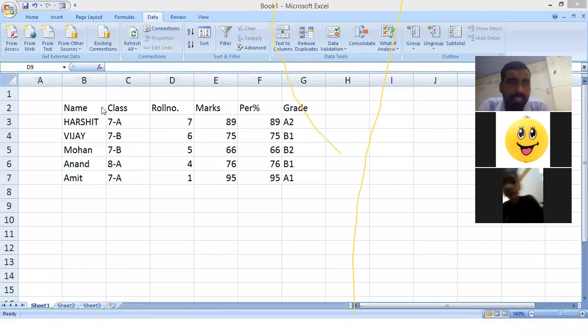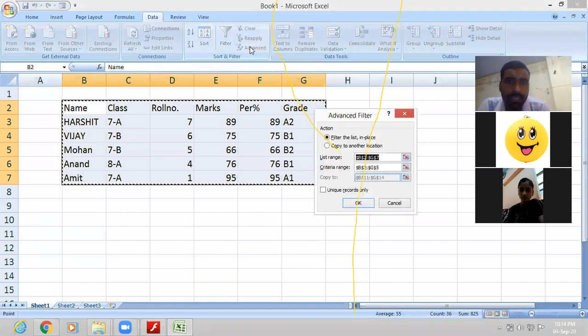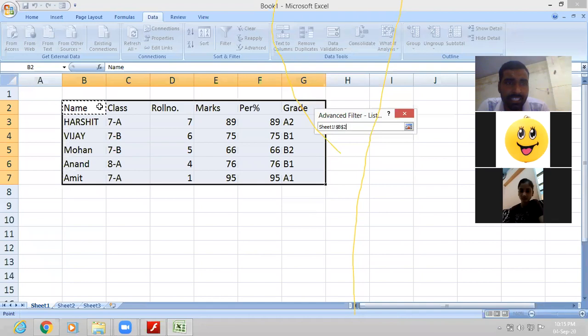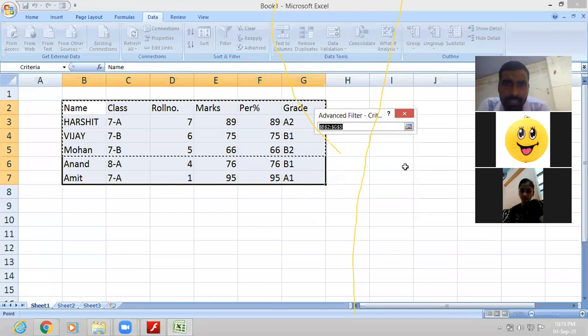So let us first select this. This is our data. We want to advanced filter. So click on the Data tab, select the Advanced option in the Sort and Filter group. Then select Copy to another location. Then select the list range. Our list range is this only, the entire data. Then click on criteria range. Criteria range means how much data you want to copy.